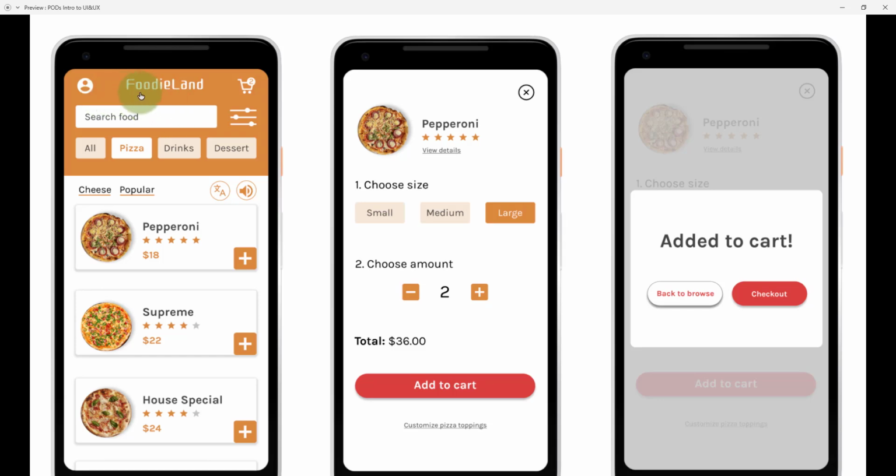This user is trying to make an order, and immediately you open the application, you get to search for a particular food, or you get to select what category the food you are looking for falls into. It can be pizza, it can be drinks, it can be dessert. Now, if you decide to go into pizza, that's why we have pizza highlighted. User interface concerns itself with how this interface transitions from one screen to another screen, and the last screen that